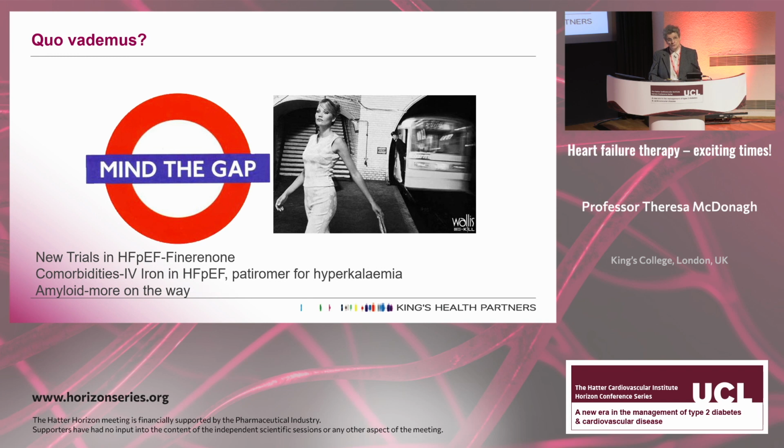So, good news, particularly in terms of SGLT2 inhibitors and intravenous iron. We've still got a way to go. There is still a residual cardiovascular death and hospitalization rate for patients with HFrEF of about 20%, that's perhaps modifiable, and maybe up to 40-50% for HFpEF, and of course we haven't yet got anywhere with acute heart failure, so the job's not done. There are many new trials with new agents ongoing, and I think we are going to hear some more information for HFpEF hopefully this year with the non-steroidal